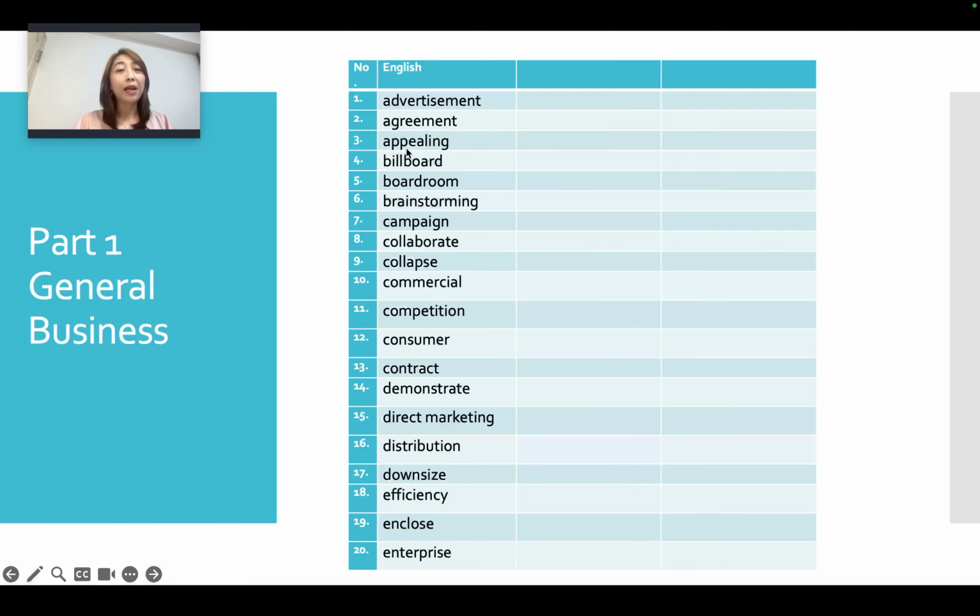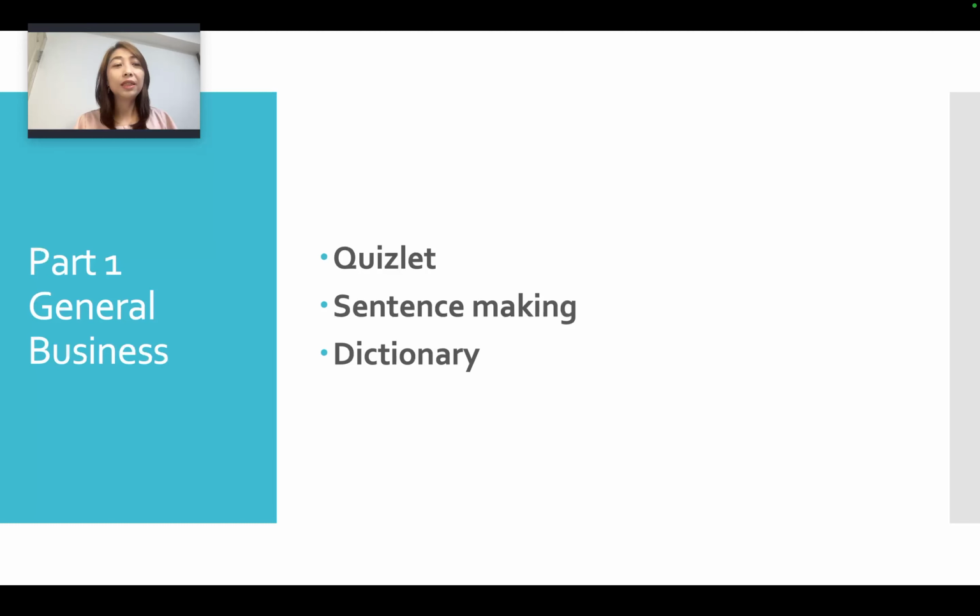Now, number 3, appealing. Appealing means something is very attractive. It can make you like it very much. Appealing in Chinese we say 具有吸引力的. After you learn the word, how do you use the word and memorize the word? 怎么记单字啊？怎么使用单字啊？我们即将教你在下个地方。